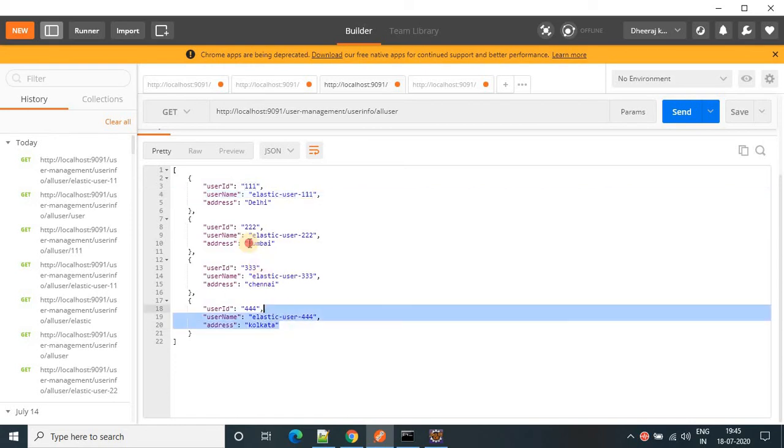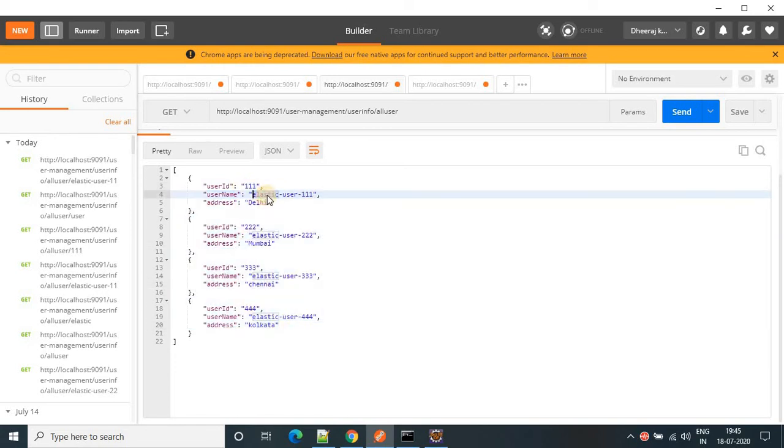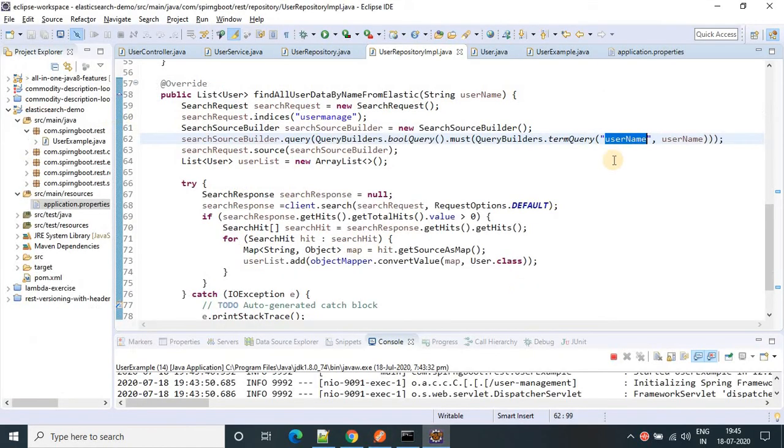If you see all the objects, the first two tokens are the same, elastic and user, only one is different: 111, 222, 333. Here I am providing the runtime value username, so it converted that sentence to different tokens.